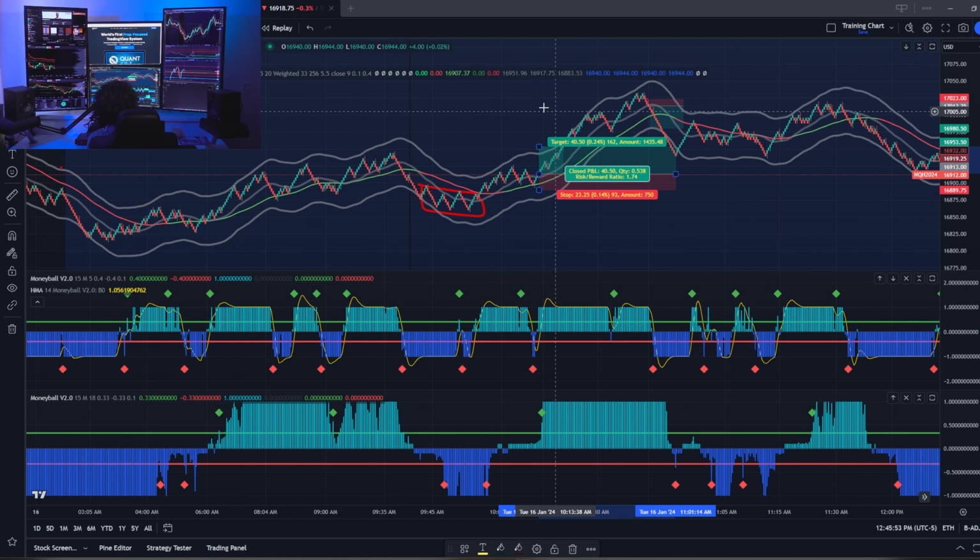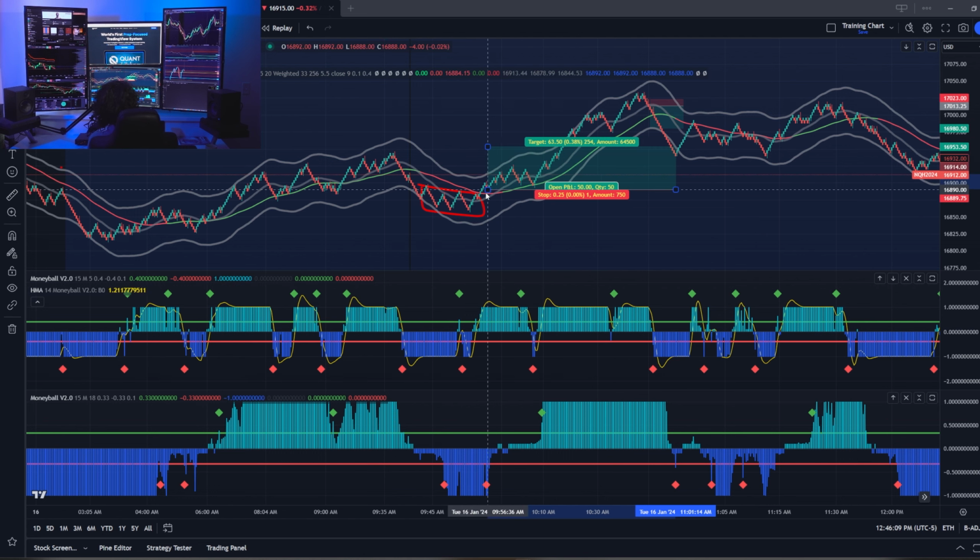If we're already pegged out on the top band, I probably wouldn't take that move. But this is a way to use both Moneyballs, or two Moneyballs, at the same time to identify areas that you might want to trade. Now, I took this trade even earlier. I took this before it flipped on the Moneyball, and the Moneyball to me was just confirmation, actually,